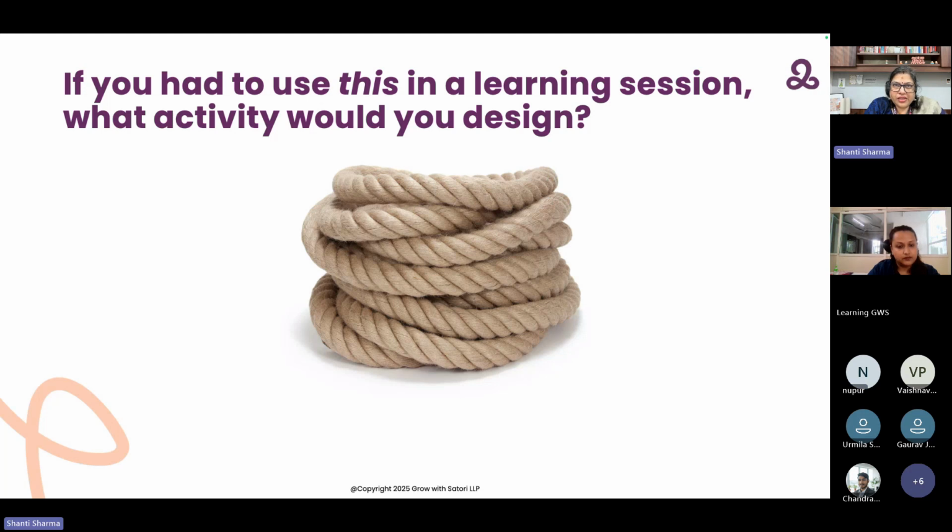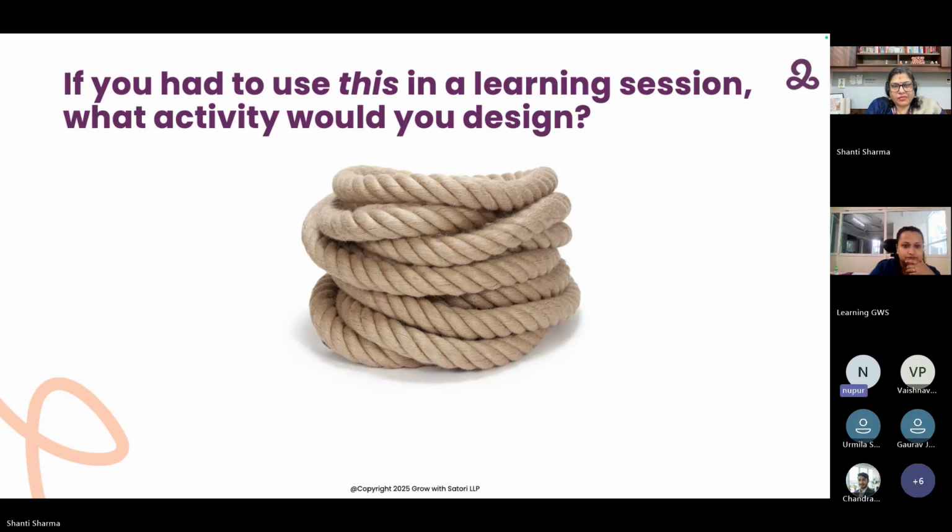Brilliant. It could be a circle of trust, but it could also just be a circle of raising topics and deciding where everyone stands on it, inside the circle or outside the circle. Brilliant. Do you want to take a stab at creating a couple of questions where you will say, if this, then step in. If this, then step out. Just take a stab at a couple of questions.